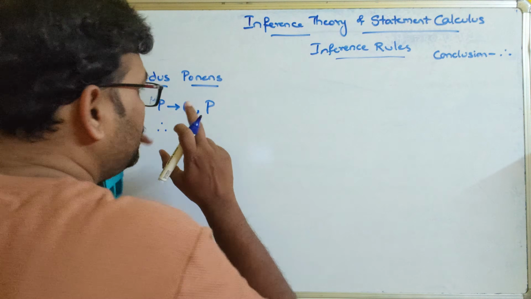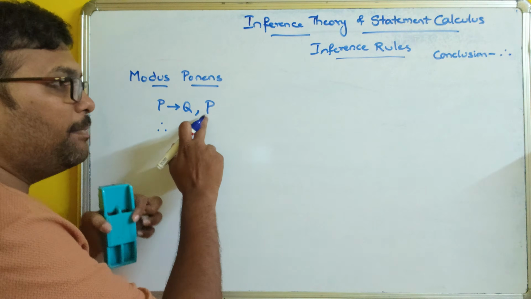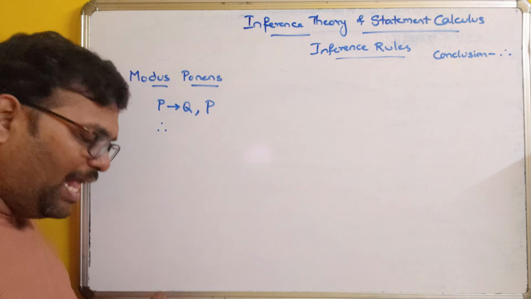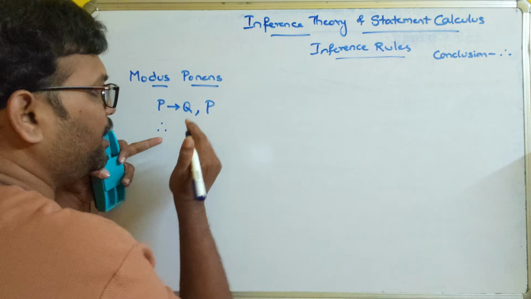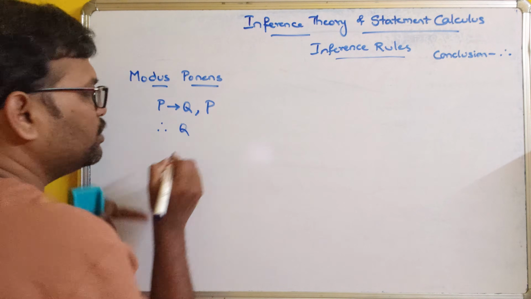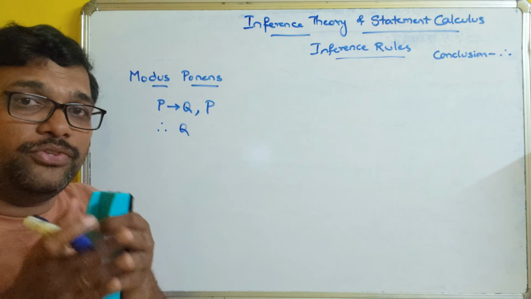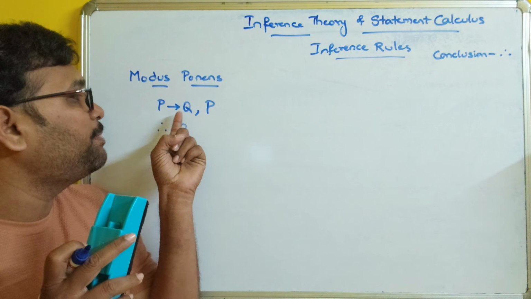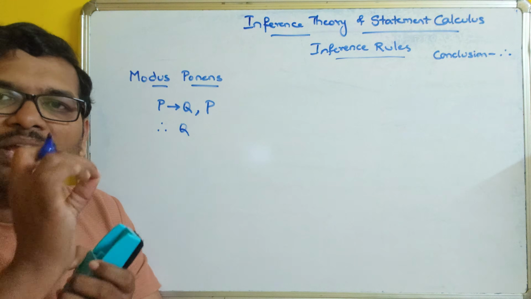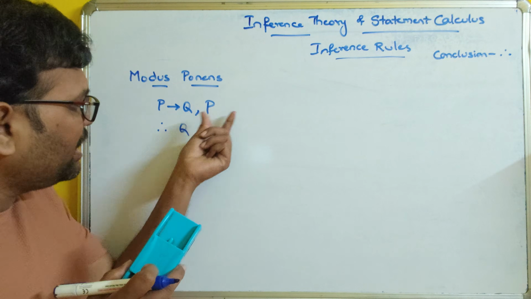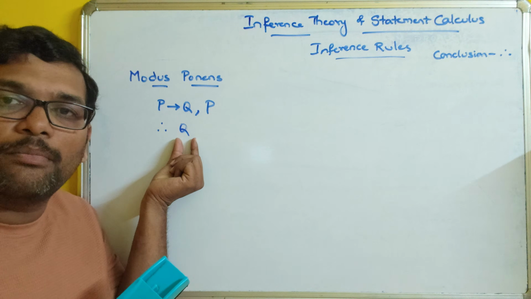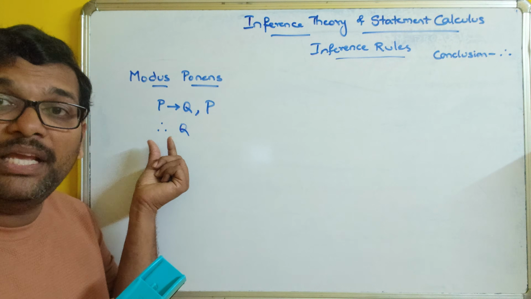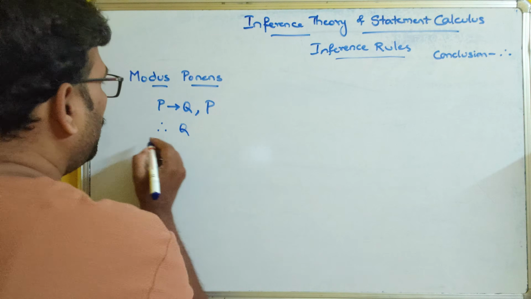So if the premises are P implies Q, comma P, then the conclusion will be Q. So similar to our laws of logic, if you are having any premises in the form of P implies Q and P, simply we can eliminate that, and that can be written with the formula Q. Okay, so this implies a conclusion. The conclusion will be Q. And the next one,